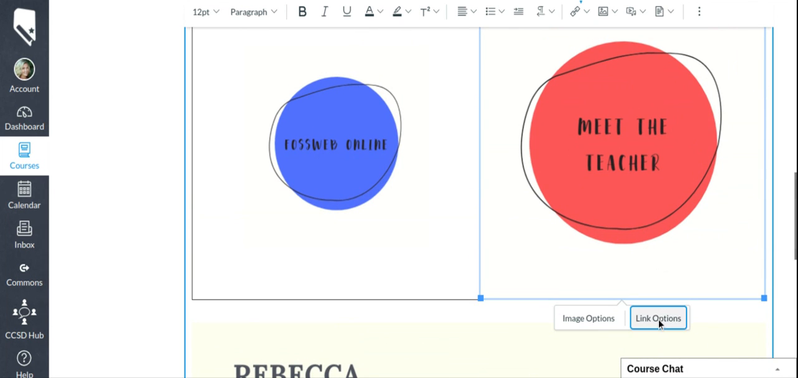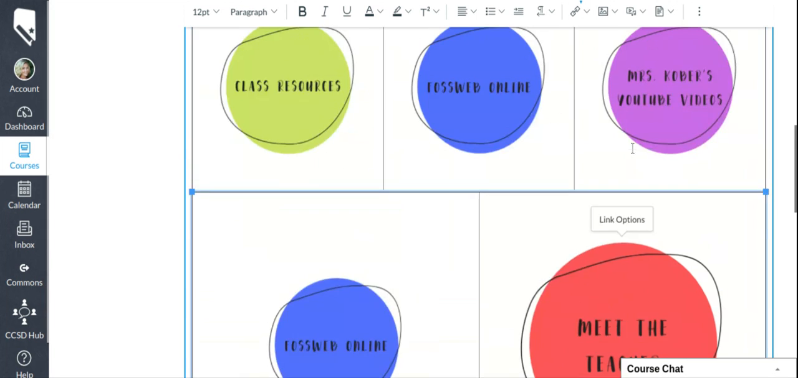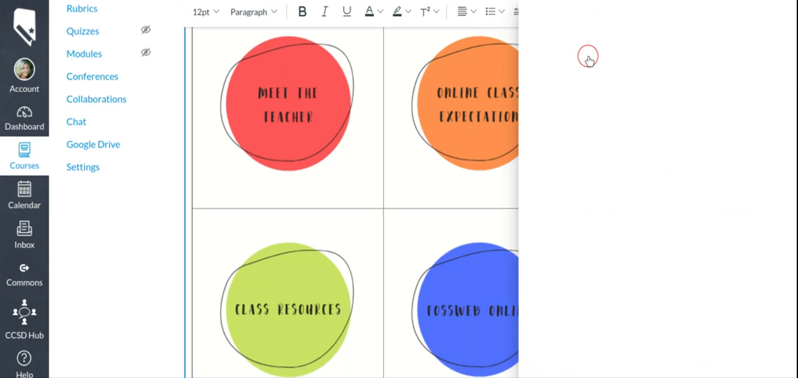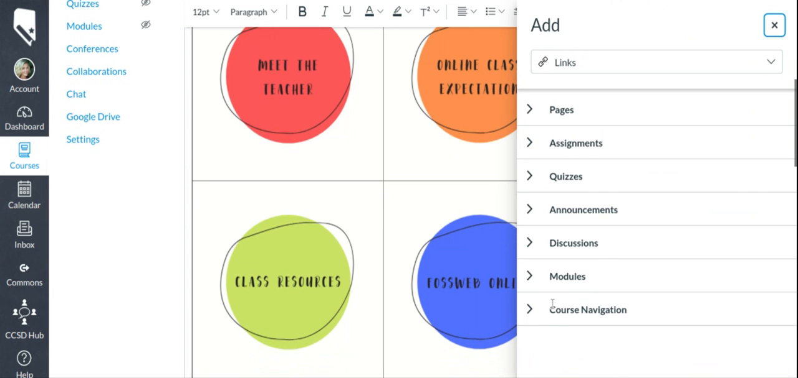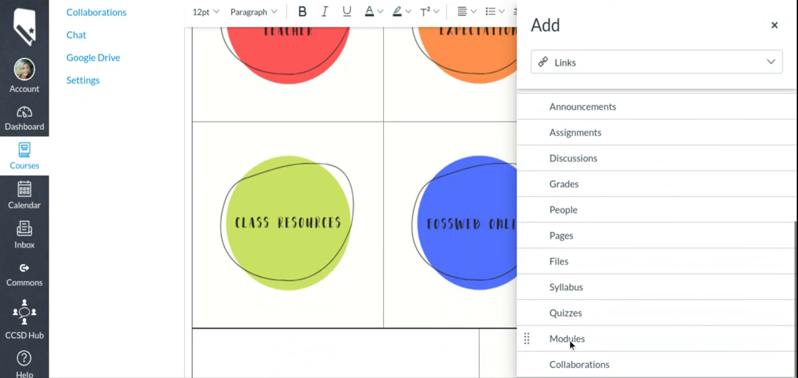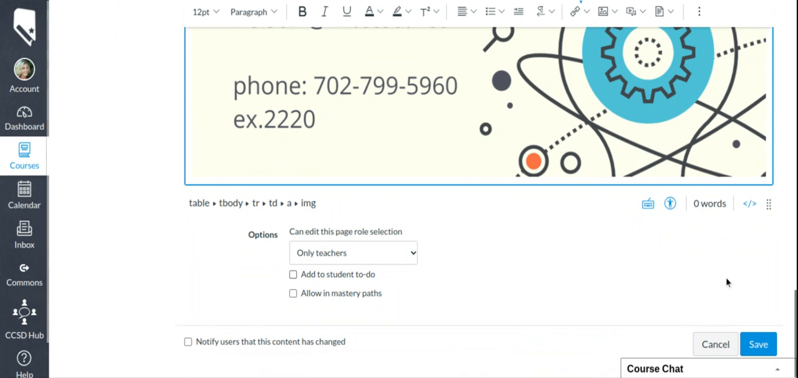Now, I can also link this. Oops. Let's say that I don't think I've done this, so I'm going to go up here, and I'm going to link this to where my modules are. I think it's important to have a place where kids can find the modules. Now I have to go down to course navigation and click modules, and that'll link it right there. Once I save it,